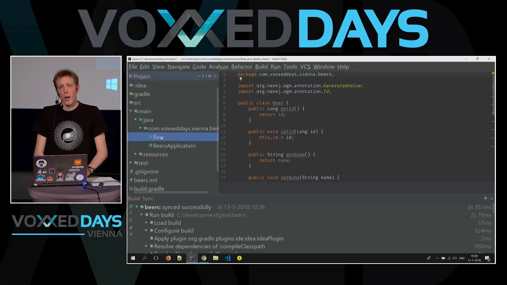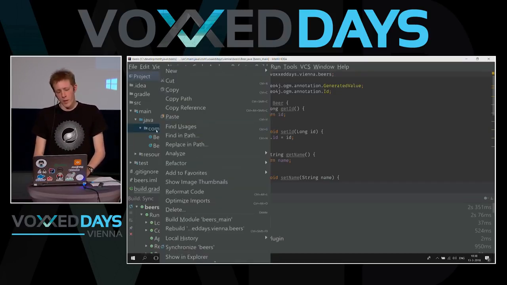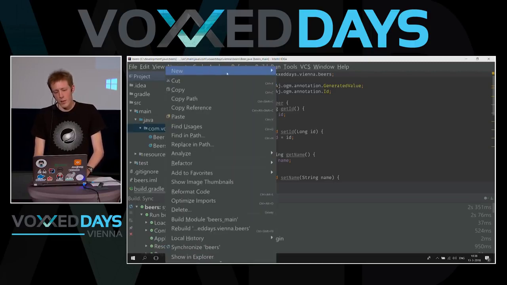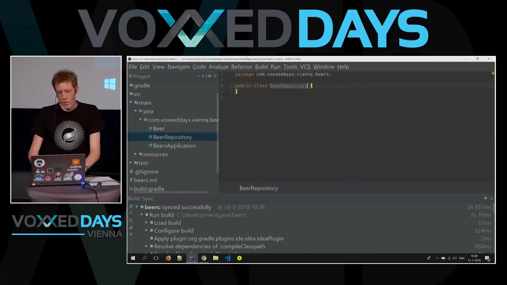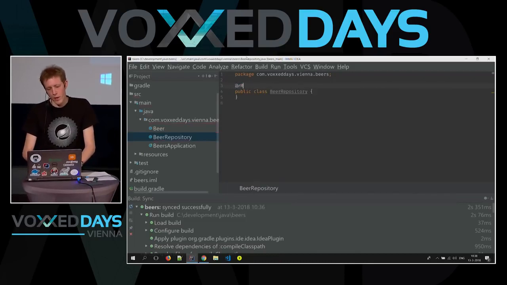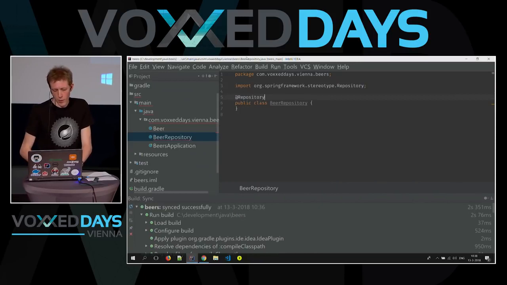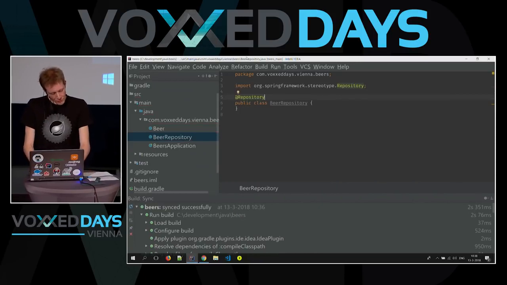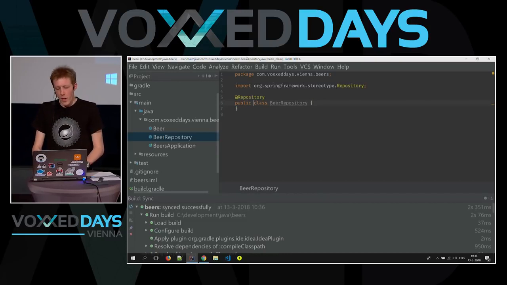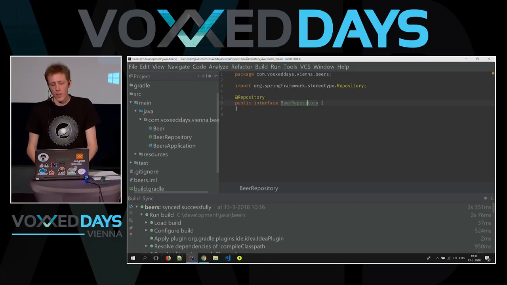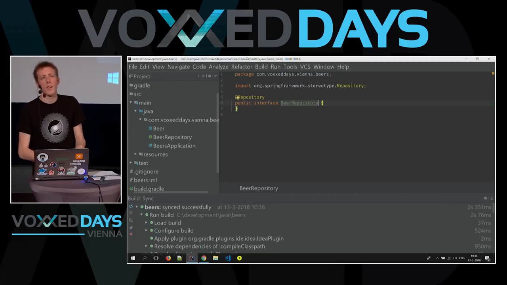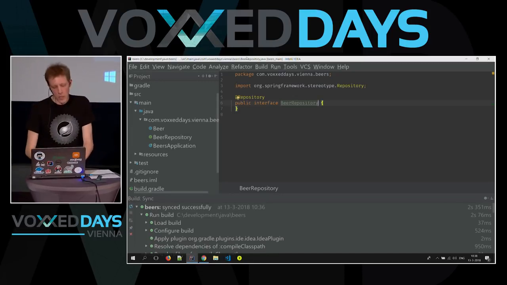Okay, and if we want to store these beers and read them from our database, we would need a class to access the database. So let's create a beer repository, which we will annotate with the repository annotation from the Spring framework. And actually, I've created a class here, but we don't really need a class. An interface will do just fine, because Spring Data can generate a runtime implementation of it with all the common operations like find all and delete one and insert.